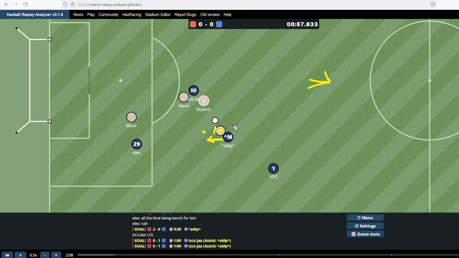Like, who has the better risk reward ratio in this situation? It's very hard to say because on one hand, you could say that for the red team, if the pass is intercepted, it's like a 90% goal. On the other side, if you fail, is AMP risking too much? Because if it's an interception, they probably will be conceding. What do you gain if you're AMP here? What do you gain by gambling like that and deciding to go in that direction and hoping that the